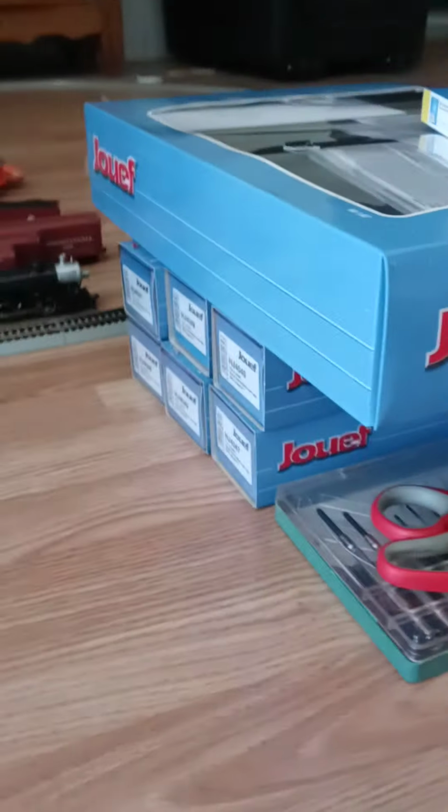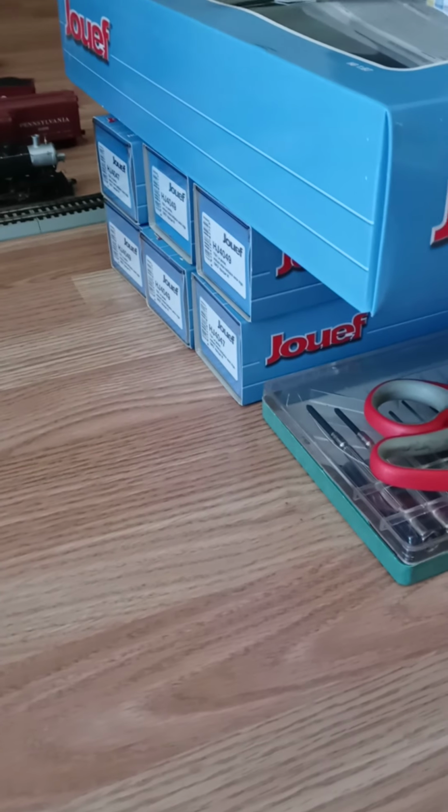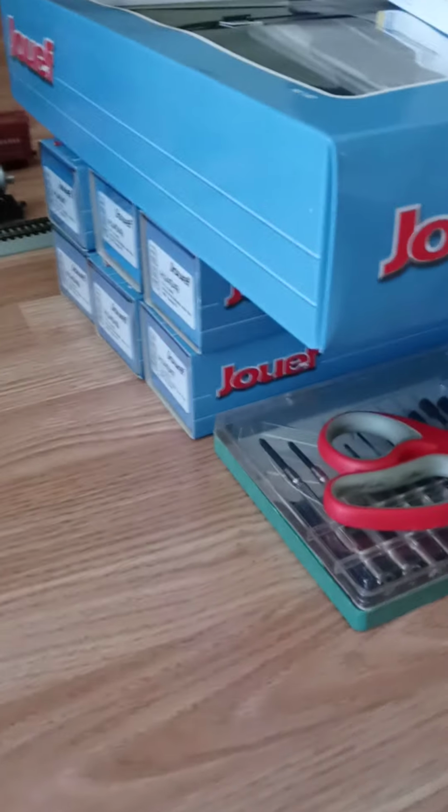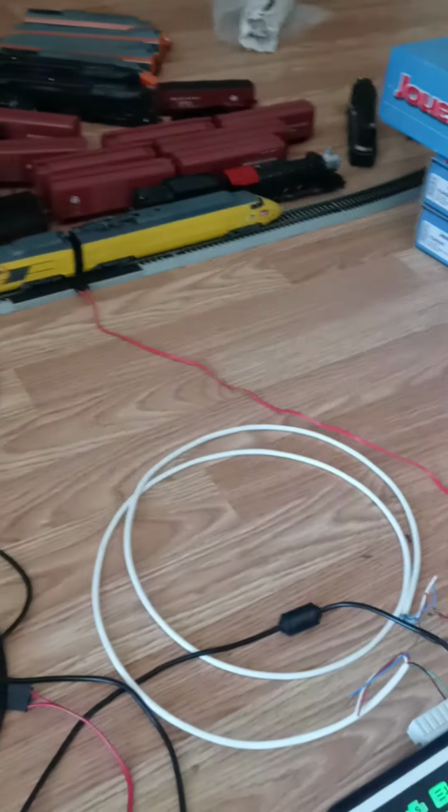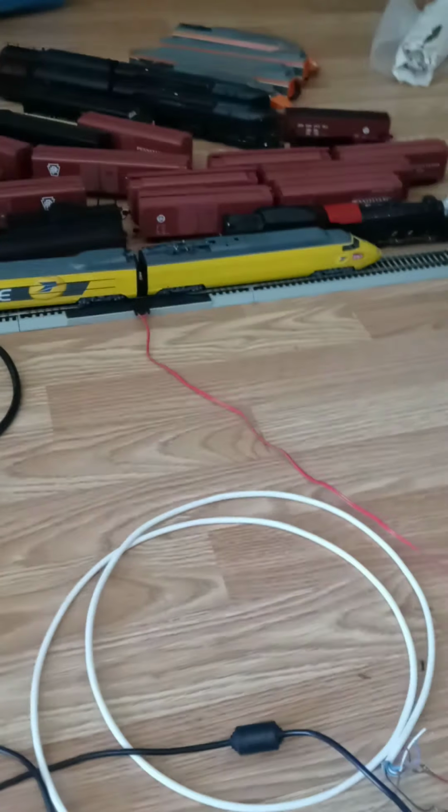You get the boxes that they came in. There's six single coach or single car boxes, and then there's the 4-car box. There is a couple of these on eBay. I got this for a good price, although some people were like, well, that's a lot of money. I'm like, yeah, it is a lot of money, but